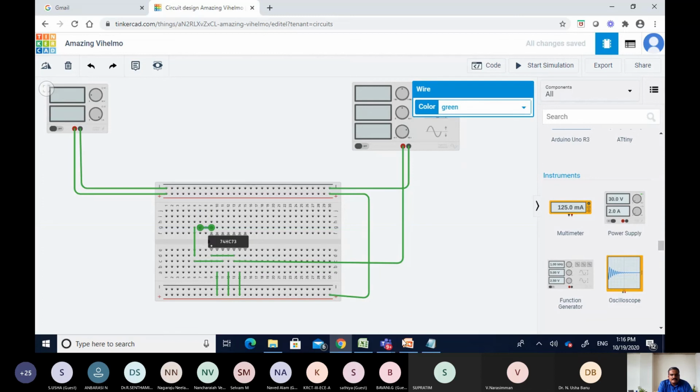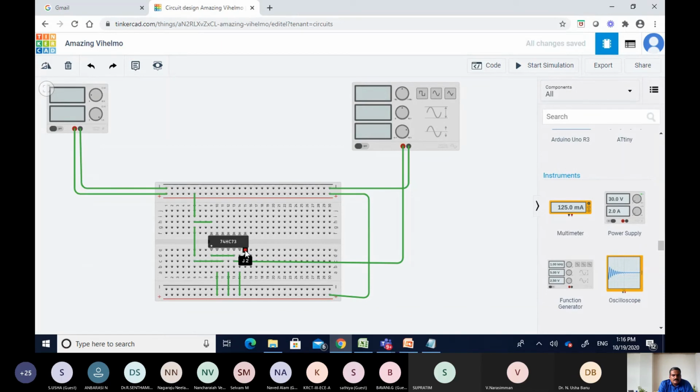So this has to be connected to VDD, right? So I'm connecting J1 and K1 together. So this is K1, connected to J1.